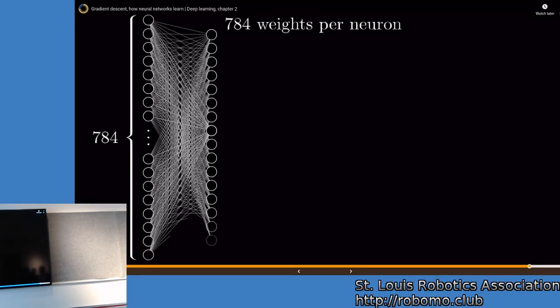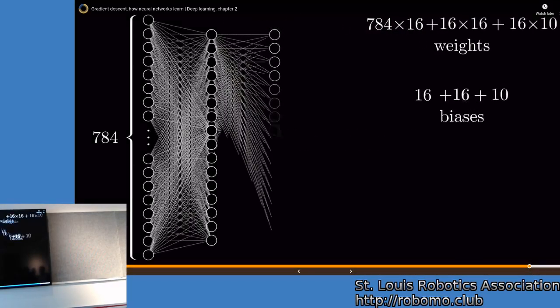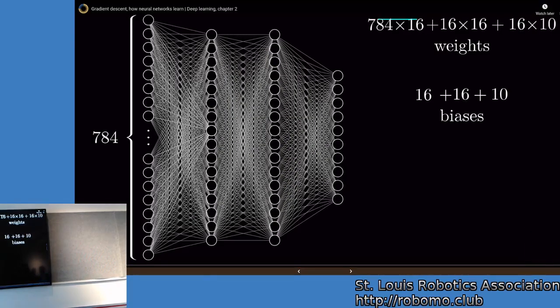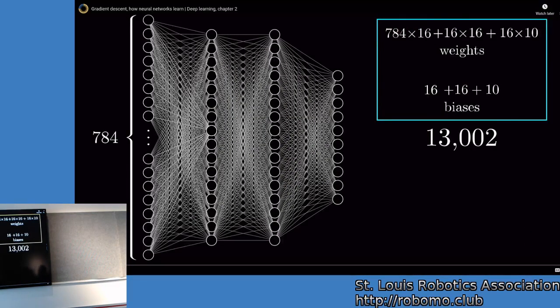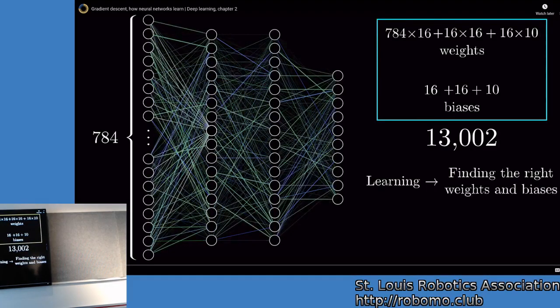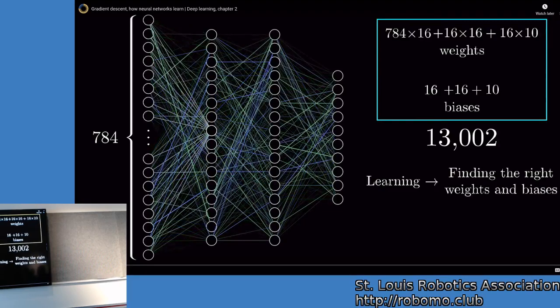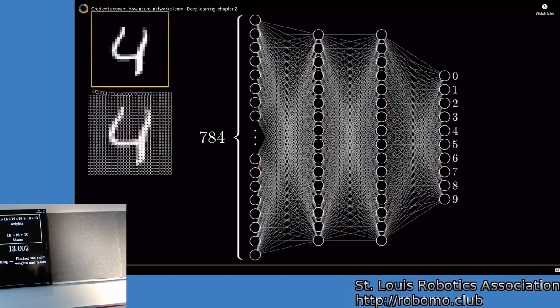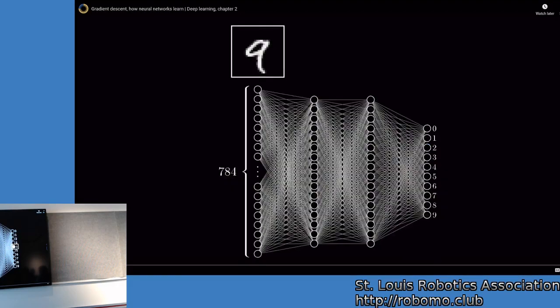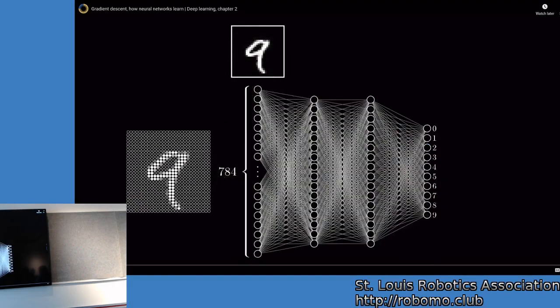There are some advantages. given the somewhat arbitrary choice of 2 hidden layers here with 16 neurons each, the network has about 13,000 weights and biases that we can adjust. And it's these values that determine what exactly the network, actually does. And what we mean when we say that this network classifies a given digit is that the brightest of those 10 neurons in the final layer corresponds to that digit. And remember, the motivation that we had in mind here for the layered structure was that maybe